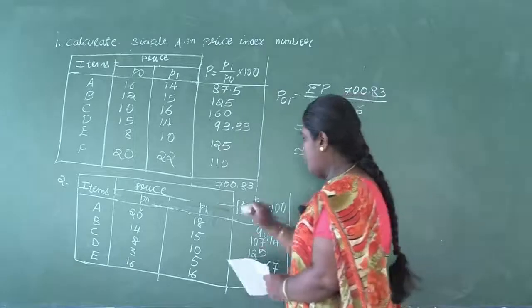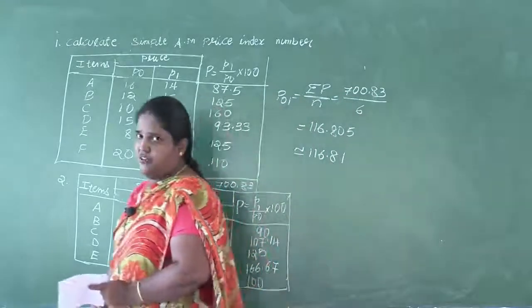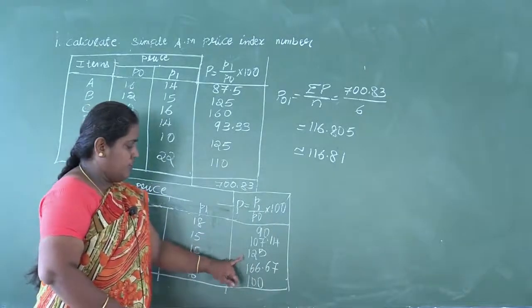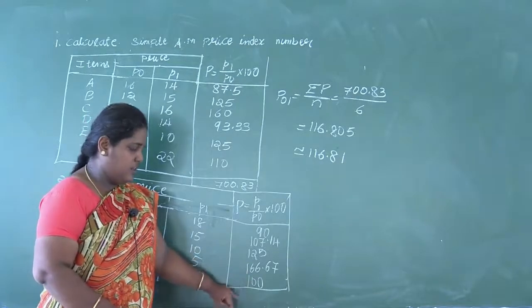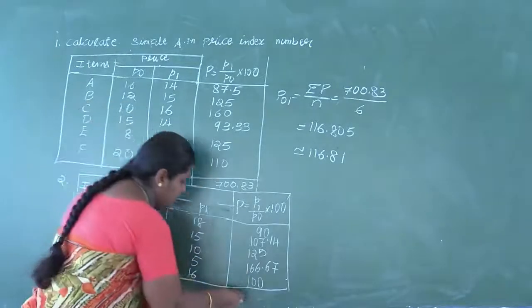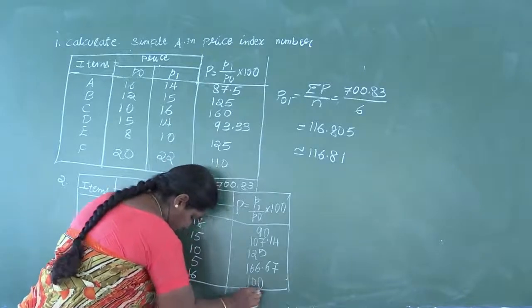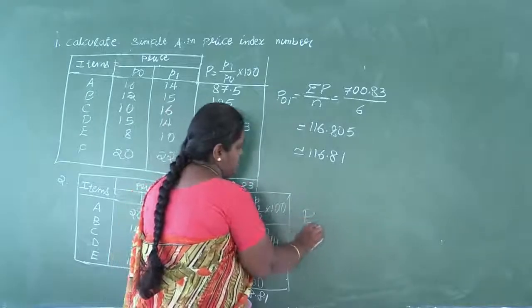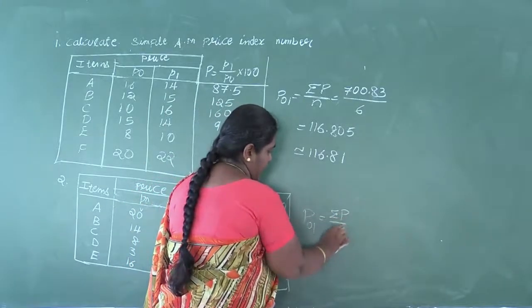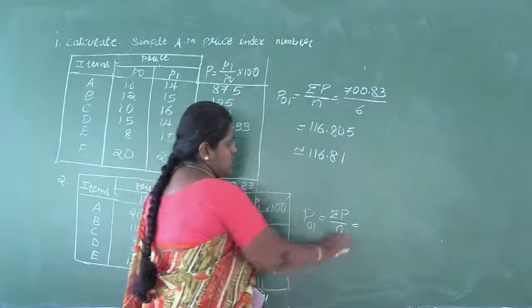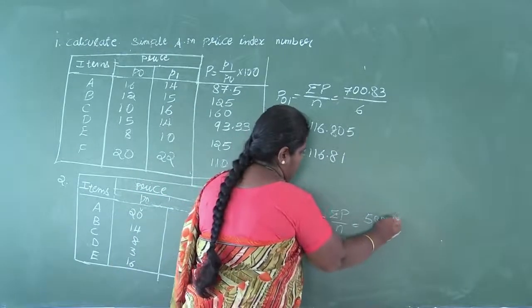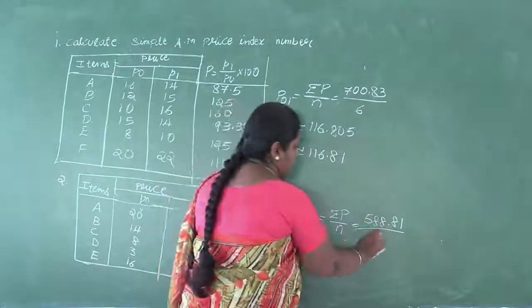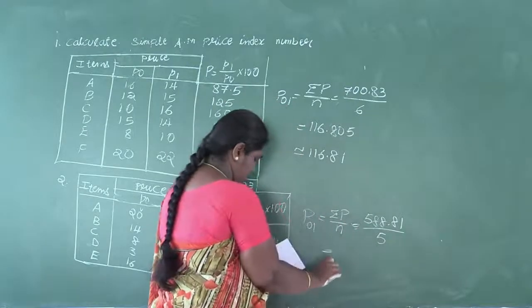So now do the total of the p values. What are the p values we have got in this? 90, 107.14, 125, 166.67, 100. The total is 588.81. Now use the formula P01 equals sigma P divided by N. So sigma P is 588.81 divided by the number of items are 5. So divided by 5, which is